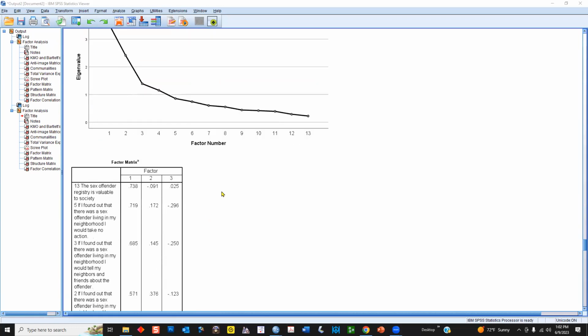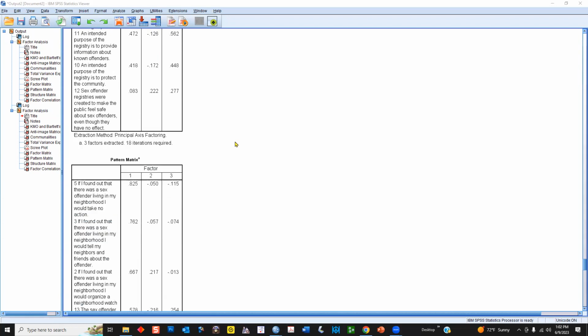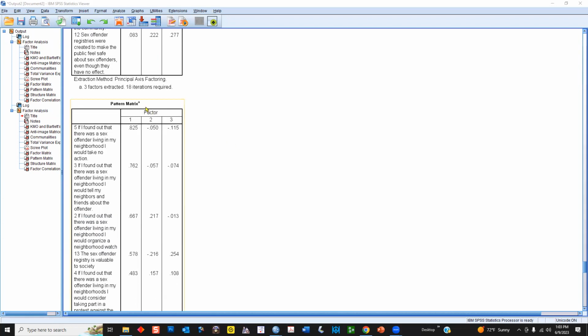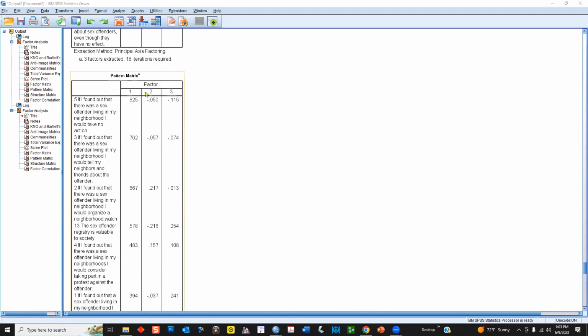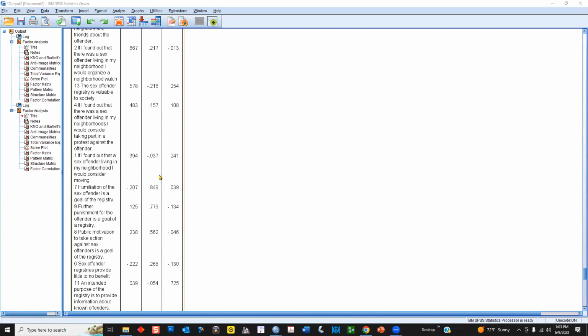Scree plot also will stay the same, but you can see that the big difference is in the pattern matrix for the rotated factor structure. All the numbers in here are going to change because that fourth factor has been eliminated. Whatever variability was associated between the items and the fourth factor is now being grouped together with the other factors, and it'll make the numbers bounce around a little bit, usually get a bit higher. And